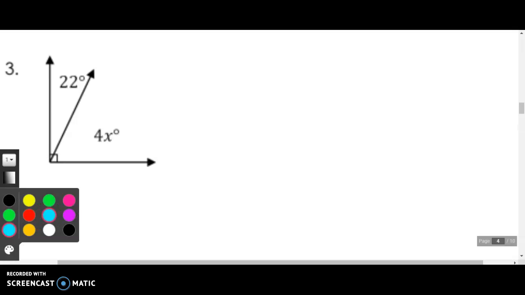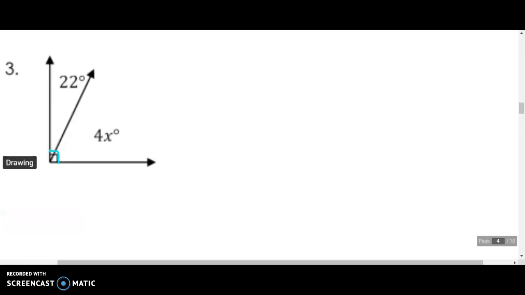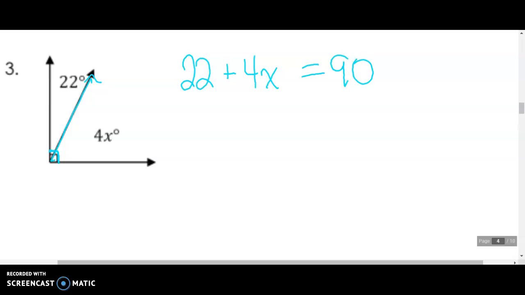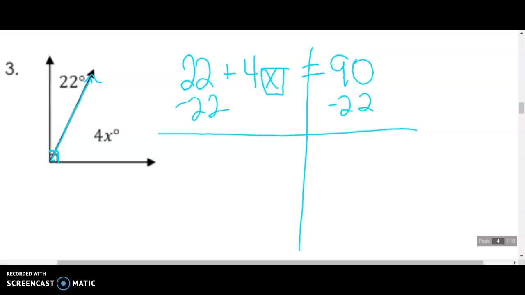Here again, we have two complementary angles. So we know that the 22-degree angle plus the 4x angle must add to 90 degrees. There's nothing to combine here. Split, isolate. We subtract 22 from both sides. We get 4x equals 68. We divide by 4. We get x equals